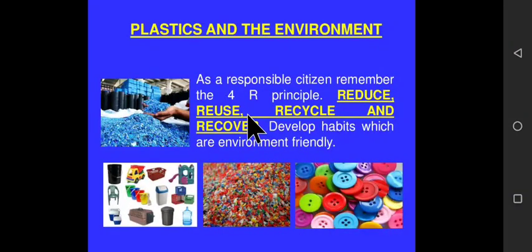So, as responsible citizens of our country, we should remember the 4R principle, that is reduce, reuse, recycle, and recover. So, let's develop these habits